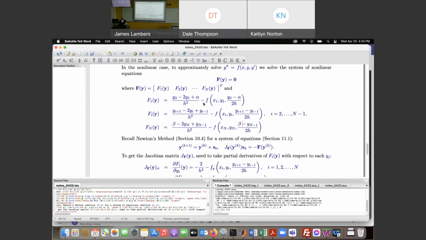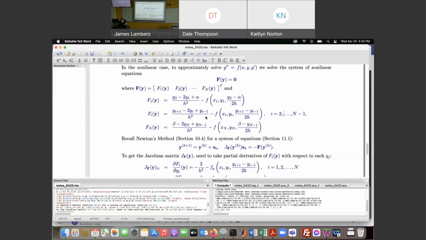Now, because of the finite differences here, the Jacobian matrix will turn out to be tridiagonal, just like the matrix from the linear case. So, for example, for diagonal entries, if I take a derivative of